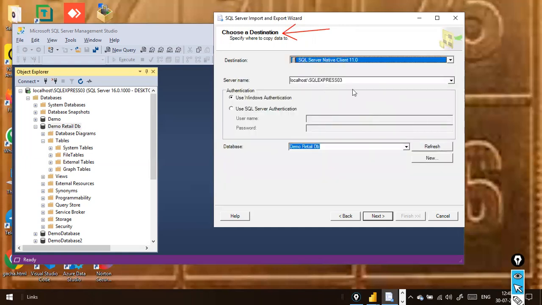And then this is the server name. It picked up automatically. And then here you need to tell the database name. Click on the drop down. By default, it will pick up the recent database that you created. In case you don't find it, you just click on the drop down and then ideally you select it